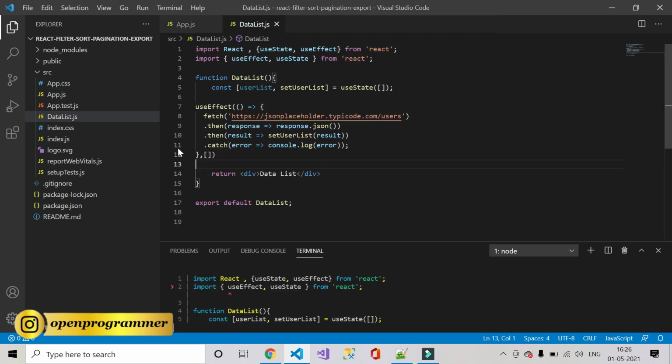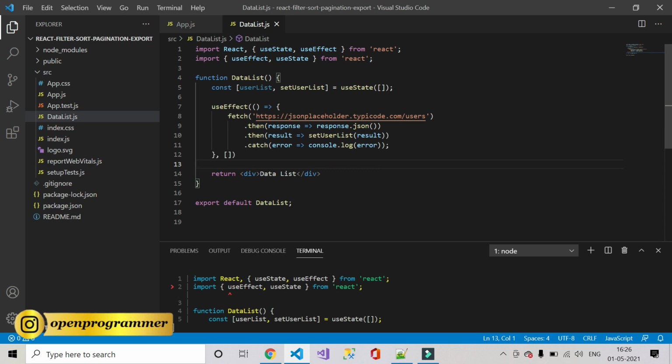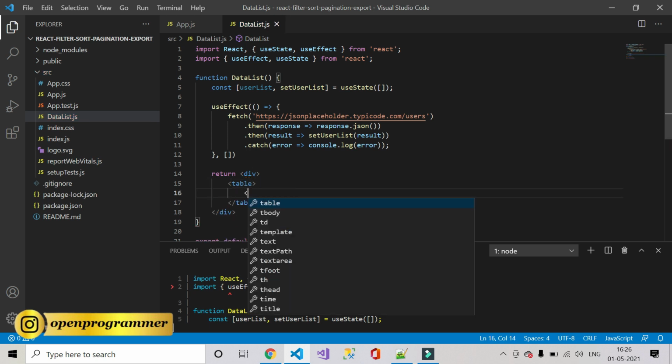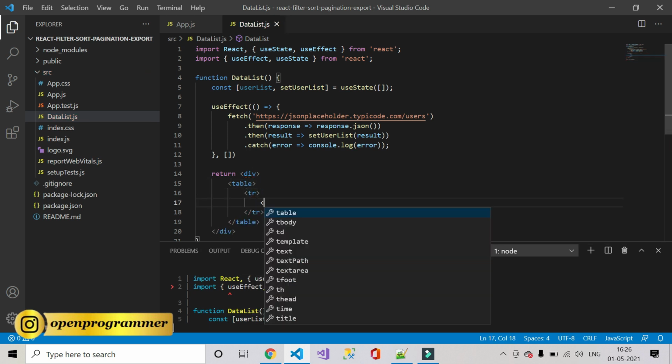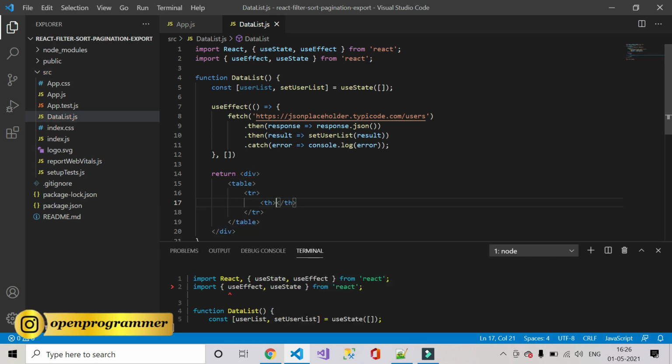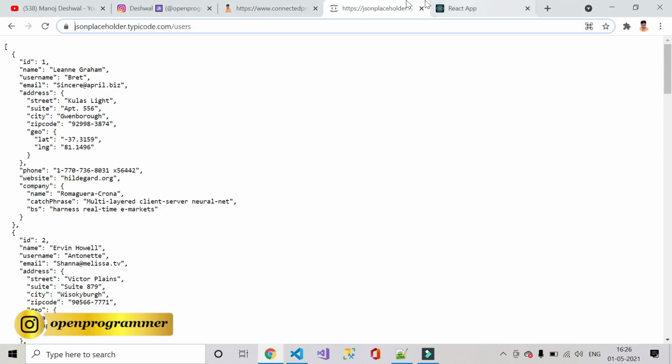Fine. Now Control Alt F. So it will align your code. So now let's print a table, and in the table, in the first row, we will add some t heads. Let me show you the fields.